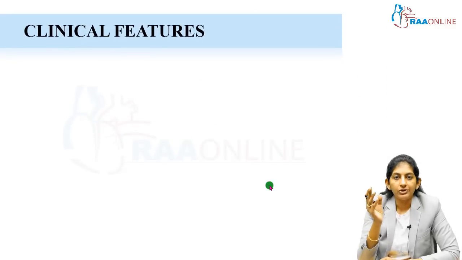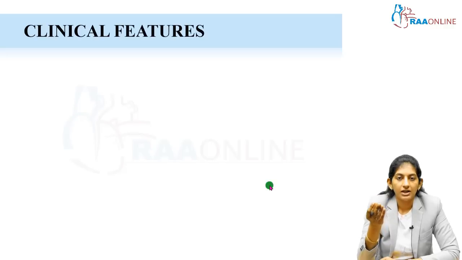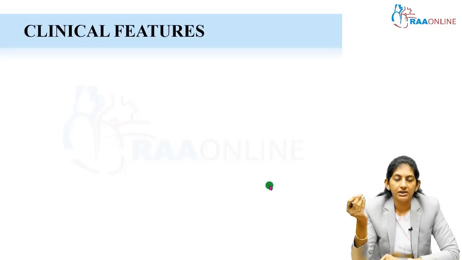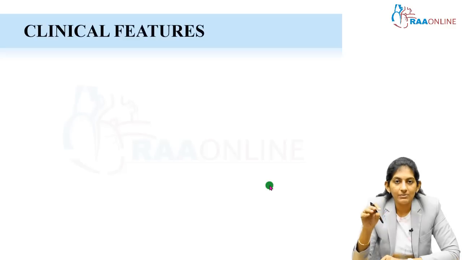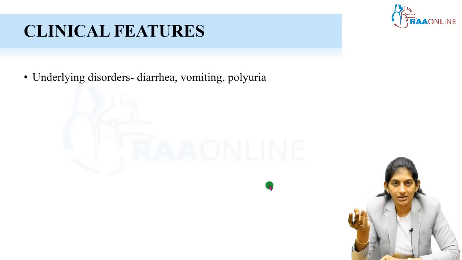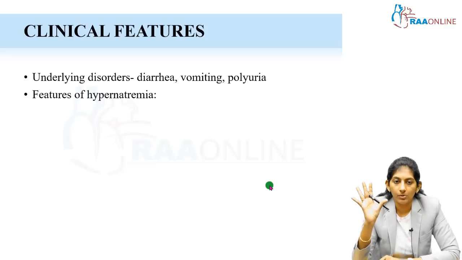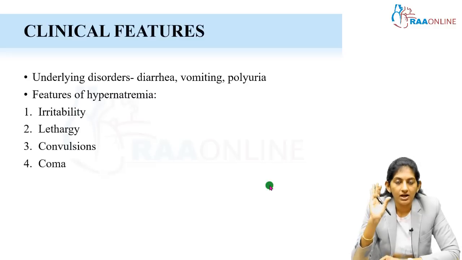Clinical features, as I have told you, are based on the etiology. Okay. So, if the patient has DI, he will come to you with polyuria, polydipsia, etc. If the patient has acute gastroenteritis, nausea, vomiting, diarrhea will be there. So, the clinical features will be based on the underlying condition. But per se, because of hypernatremia, the child can be irritable, the child can throw a seizure, consciousness or some behavioral abnormalities can be there. That is dependent on the osmolarity, that is CNS osmolarity, right? So, irritability, lethargy, seizures, coma, depending on the degree of hypernatremia.